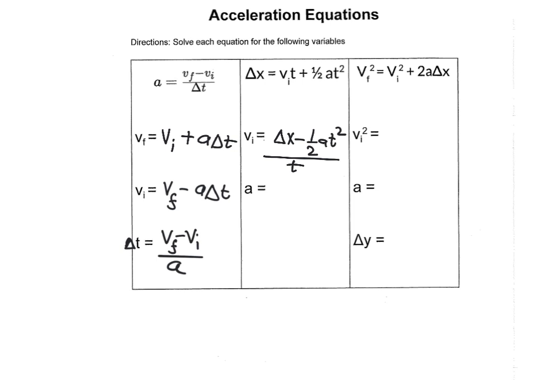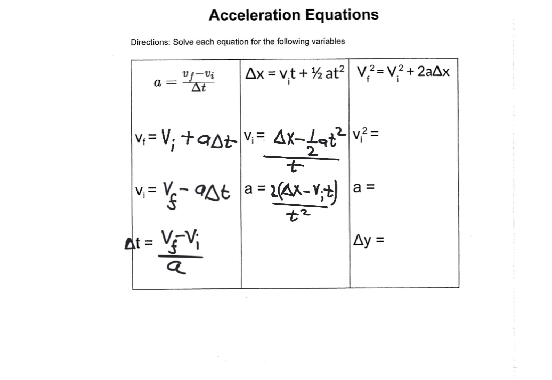If you want to find a, then you have delta x subtracted by vit, and then you want acceleration, so you want to get rid of this 1/2. That means it's multiplied by 2 right here in the equation, and then divided by t squared. That's how you can find the acceleration. So your acceleration equation is 2 times delta x minus vit, over t squared. We didn't do any problem like this,